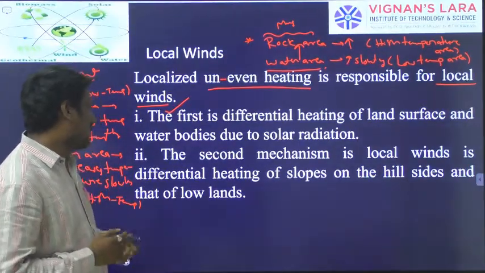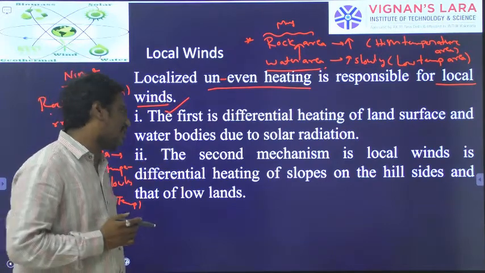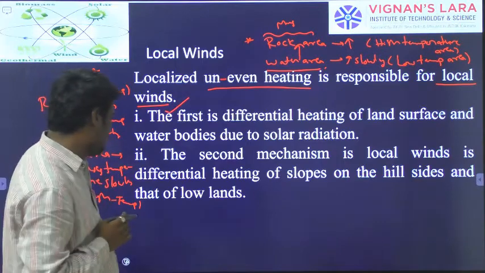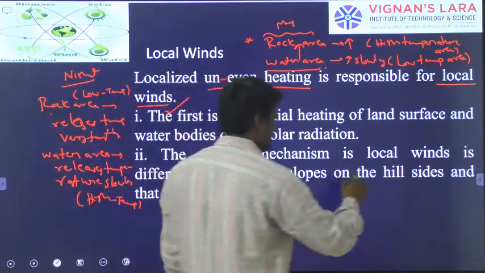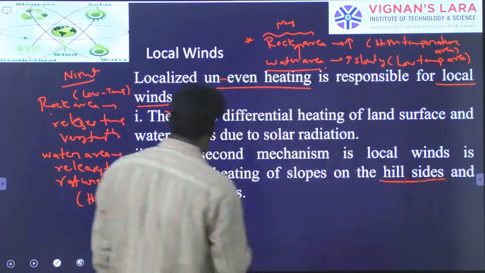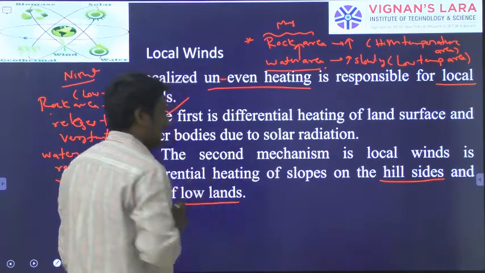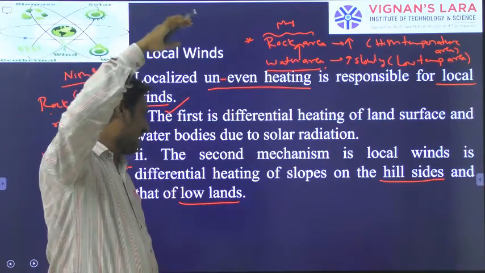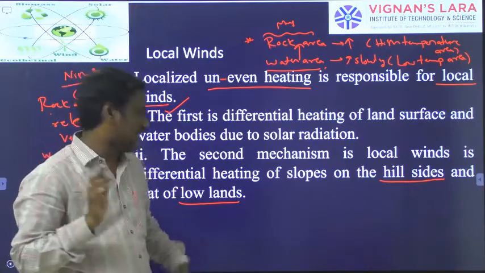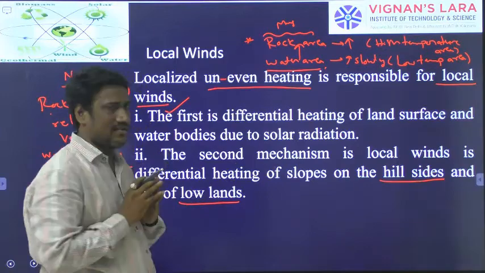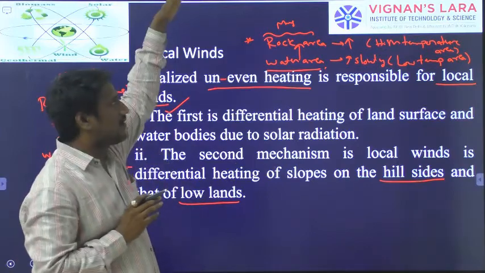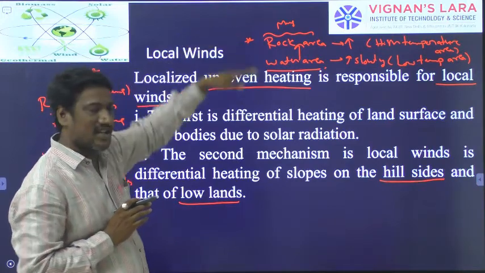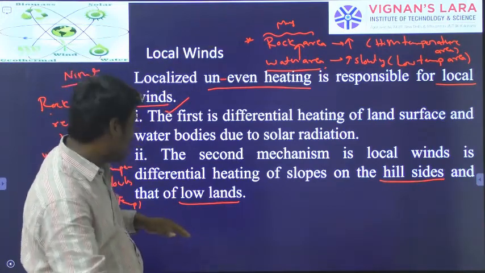Next, the second mechanism of local winds is differential heating of slopes on the hillsides and that of lowlands. On the earth you will have high areas and low areas, like a hillside and lowlands. Let us say a 3 or 4 kilometer hill is there. The top of the hill you can call the hillside,